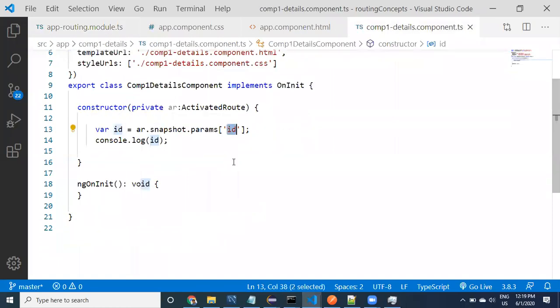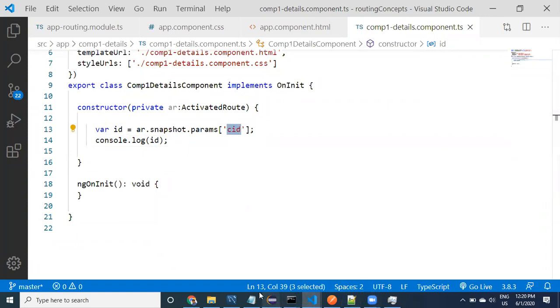Whatever name you are using has to match exactly here. This is params CID. Using this snapshot we can read the data. We are displaying this within the constructor, that's fine, let it be. Fine guys, is that okay now? The variable should get matched here, that's it.